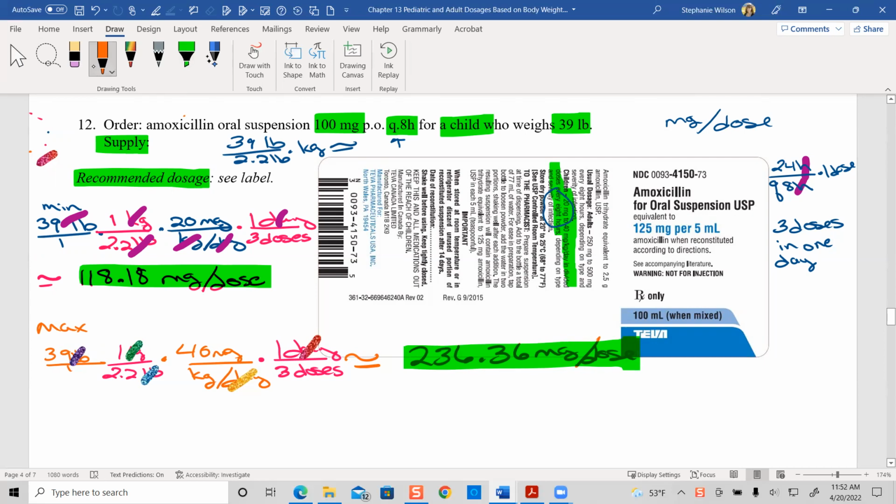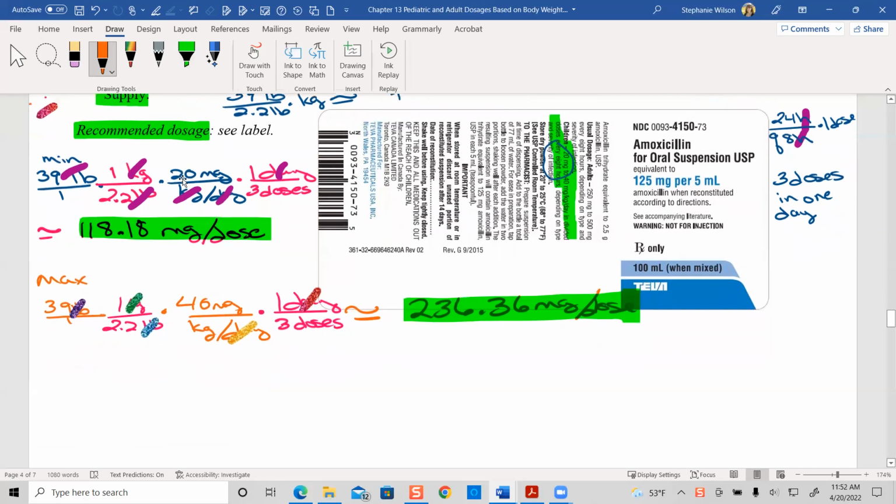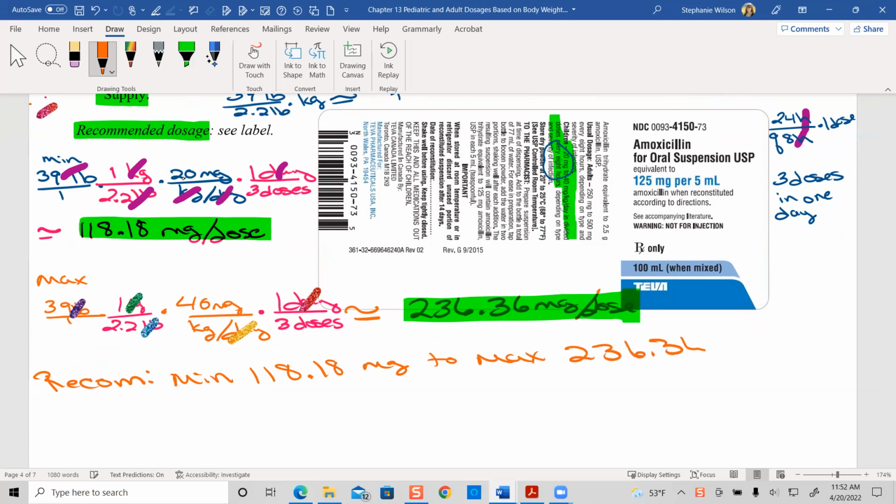So this is telling me, and if it makes it easier, write this down, we have a minimum amount recommended for this patient of 118.18 milligrams to a maximum amount of 236.36 milligrams. This means in order for this drug to be effective, they need to take no less than 118.18 milligrams. And in order to be safe, they cannot take more than